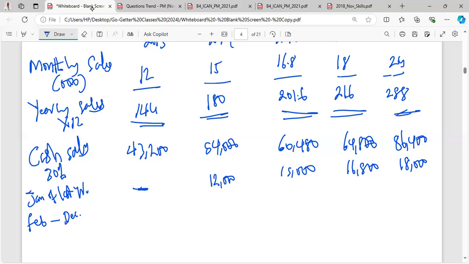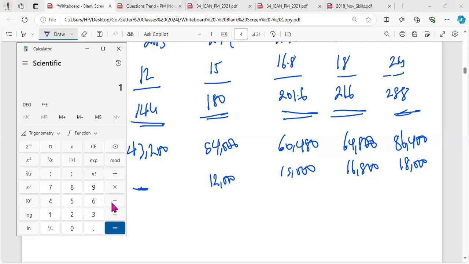Okay, let's do it this way. Let's say this is 144. We did 30% to be 43,200, right? So it means that 144,000, let's do 70%,